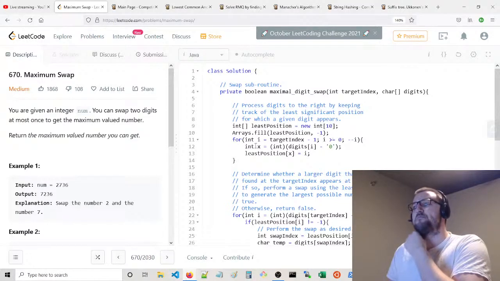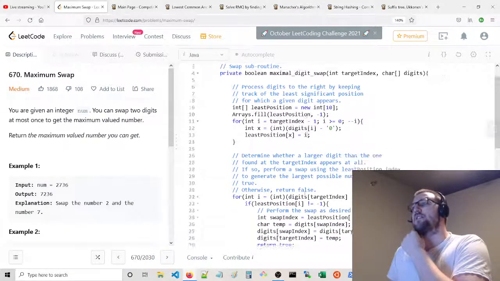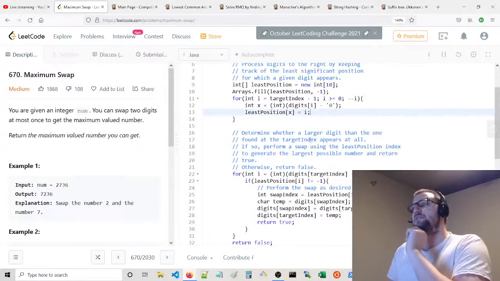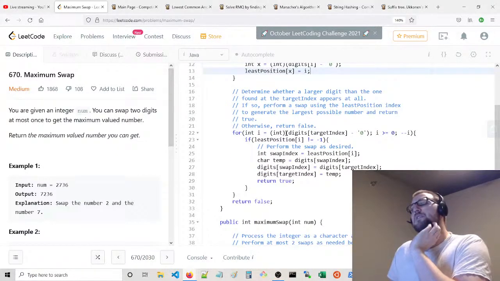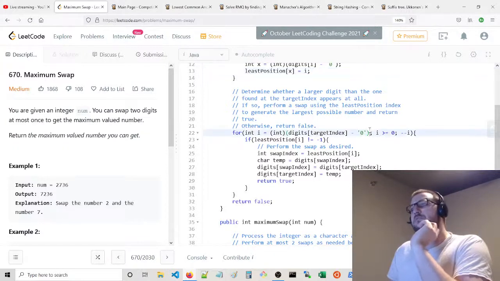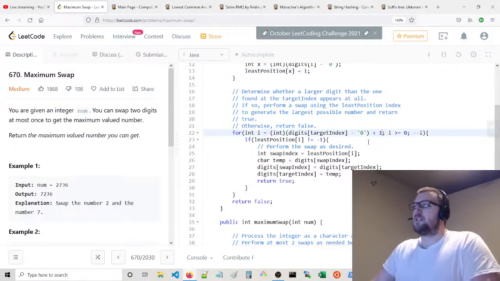We're going to go left to right, try to find any digit. So actually this should be starting from that digit really +1, and while we're less than or equal to 9,